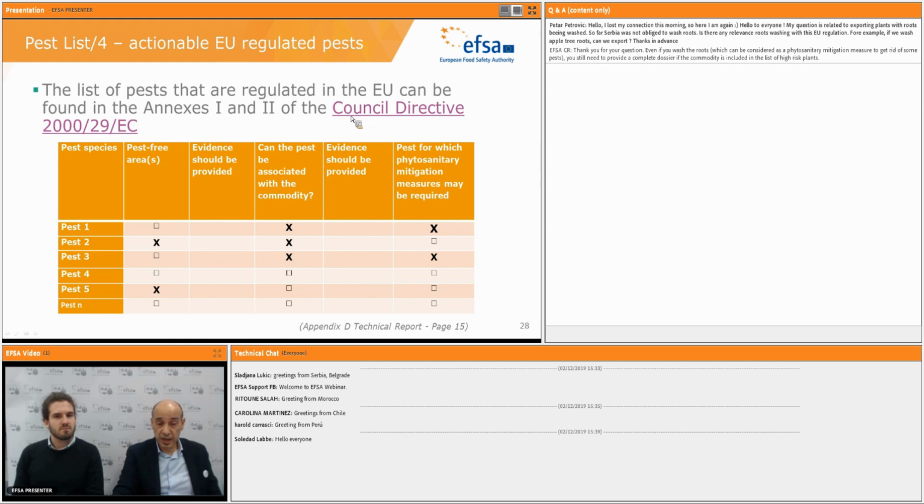You see this is a hyperlink, so you can use this hyperlink later on also to retrieve this directive, but the information is provided also in the web page of EFSA and so on. What is important